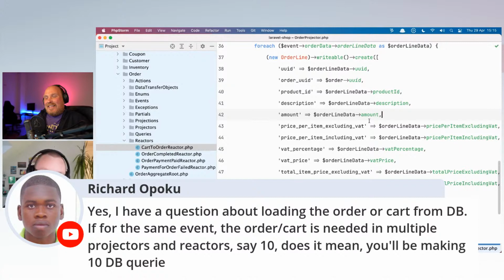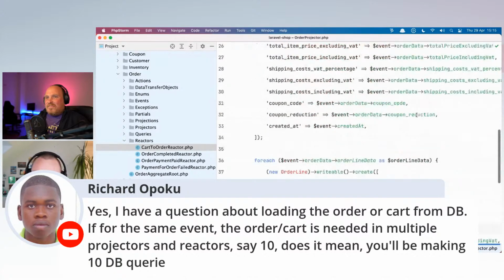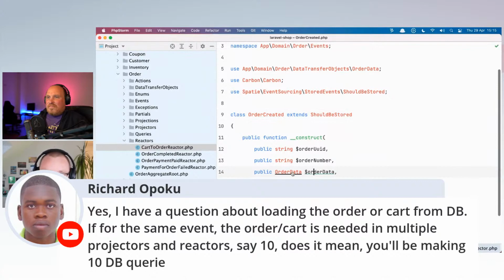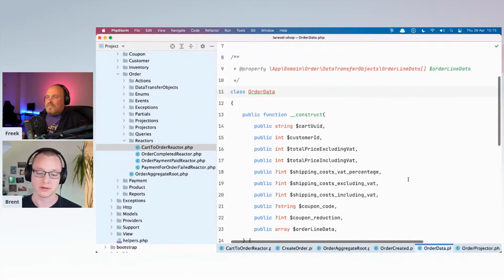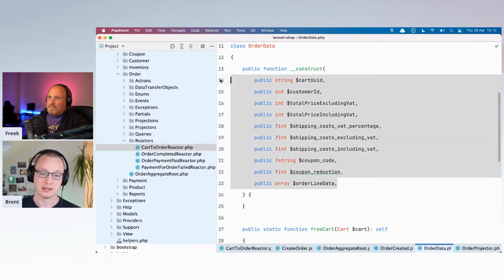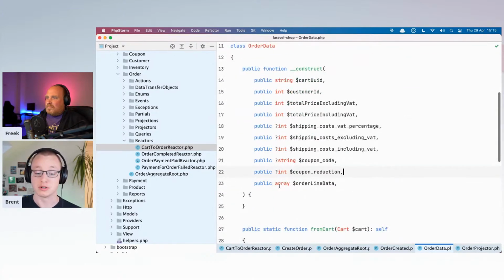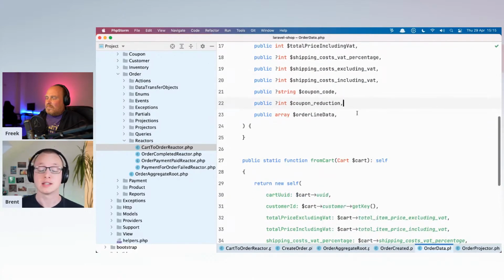What you usually want to do is rely as much as possible on the data that's in the events, right? And that's what happens over here as well. We have an order created, but it has an order data transfer object, which contains quite a lot of information that would technically also be available in the database. But we really prefer to have it in memory on the fly, especially because we don't want to deal with those kinds of performance issues.